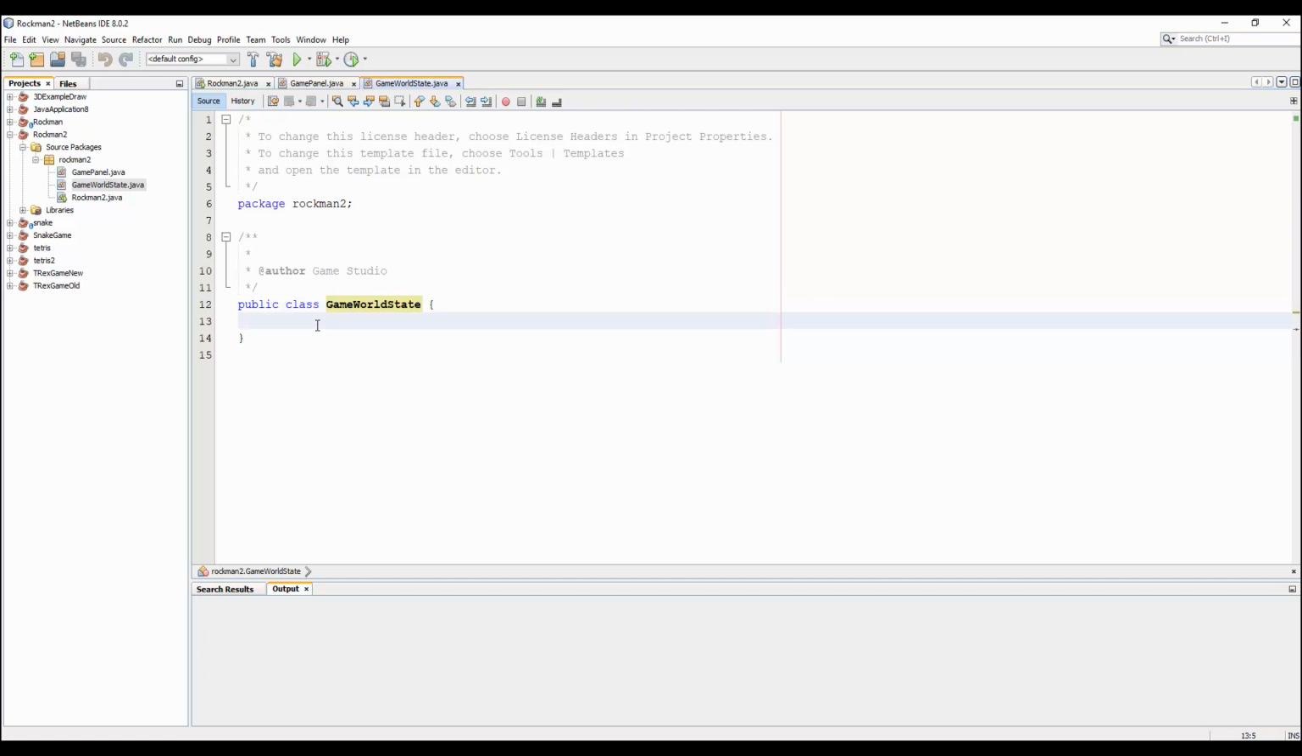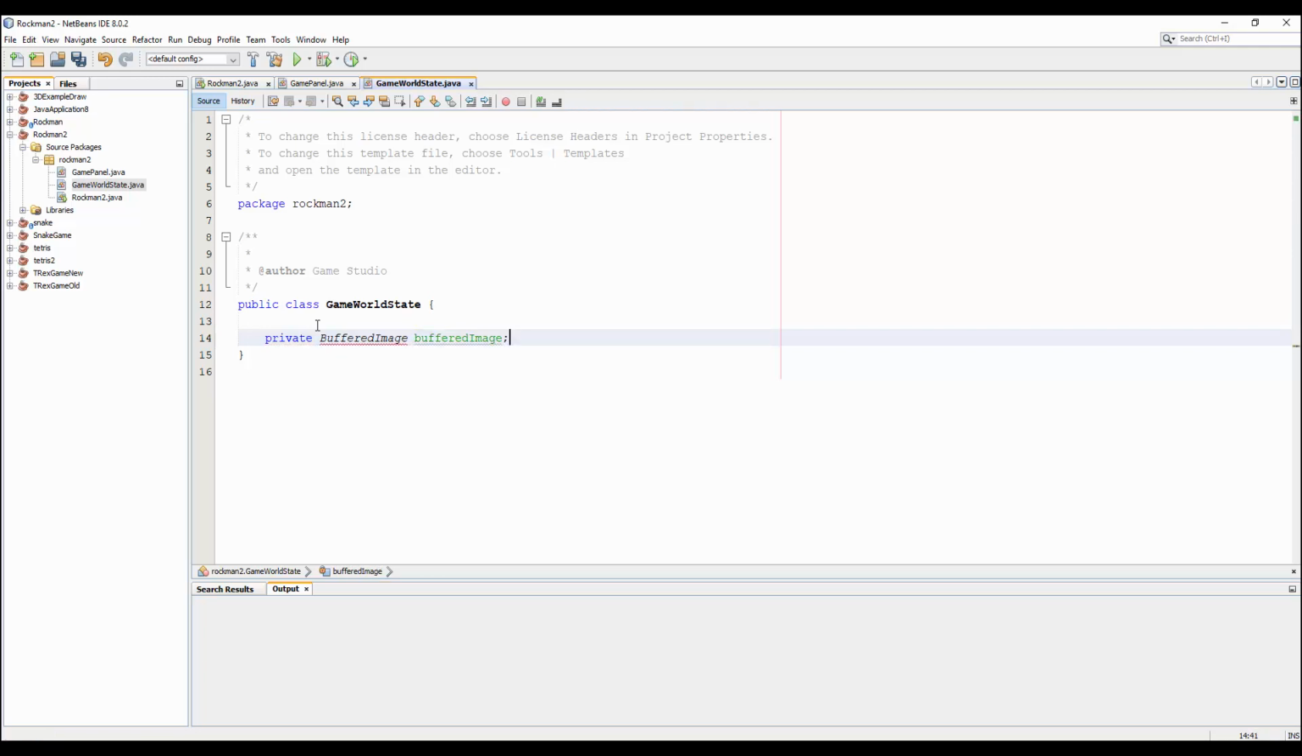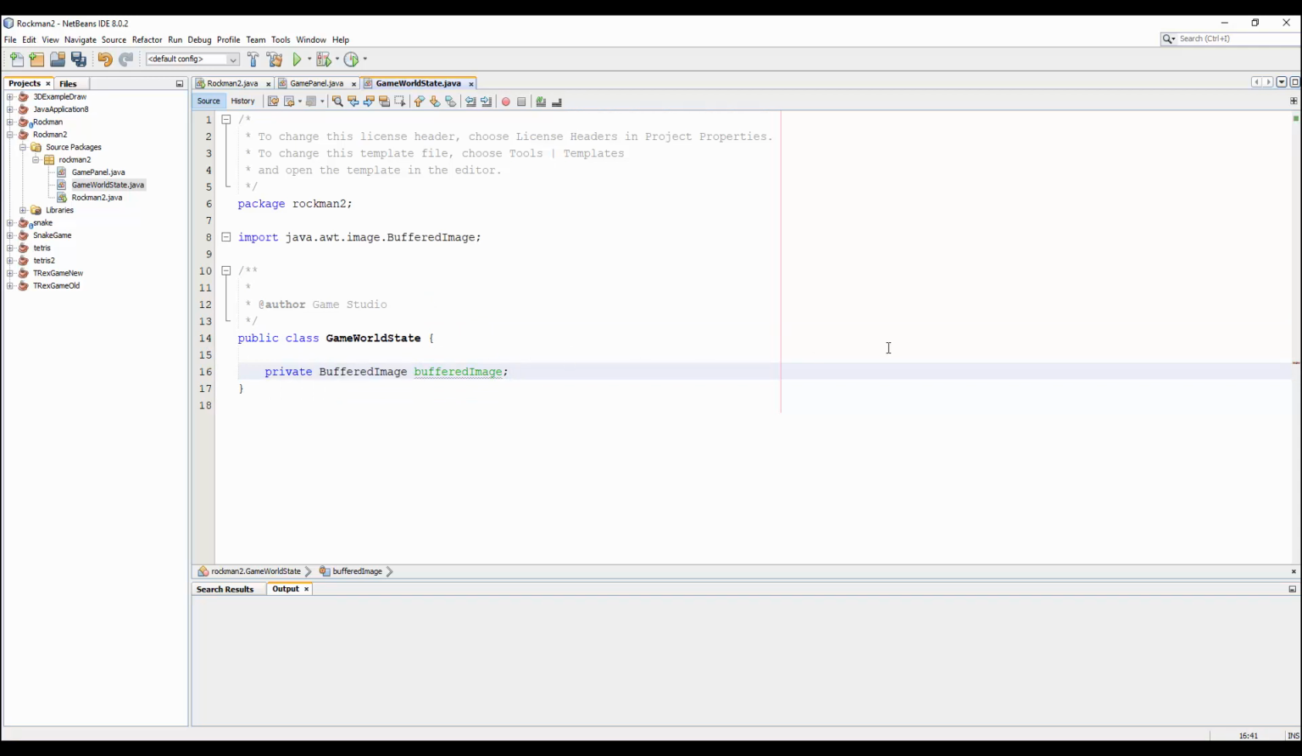Alright, so in this class, I will define a BufferedImage and put a name for this BufferedImage, and import the BufferedImage, and then we create a constructor for the GameWorldState class,